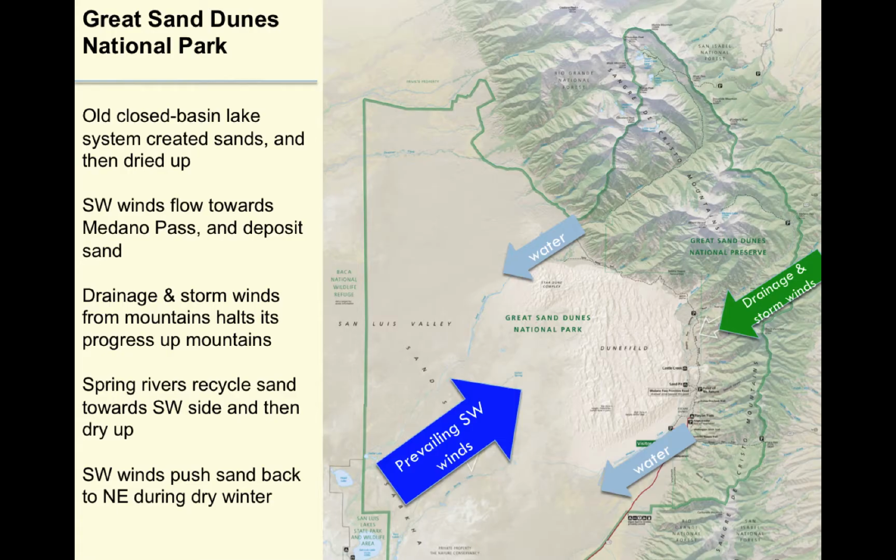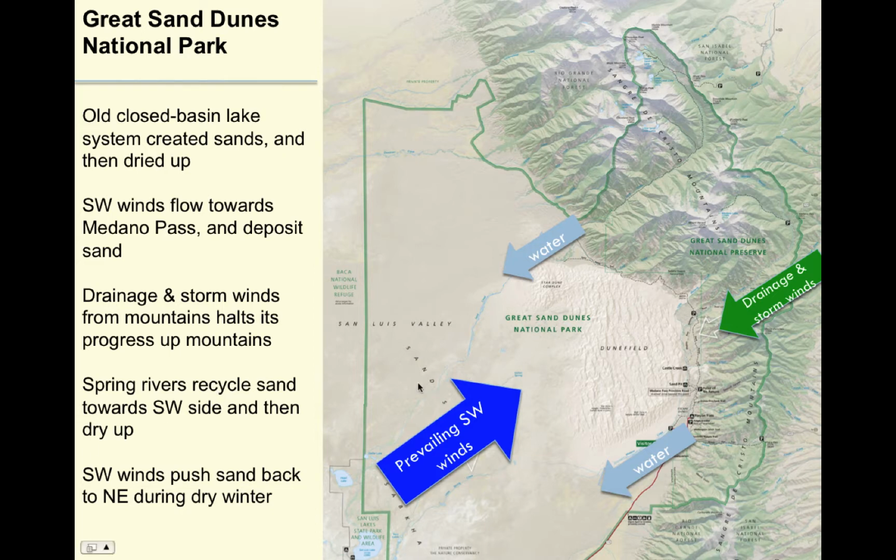that signal. Now we have an interesting deposit zone called the Great Sand Dunes National Park in the San Luis Valley in south Colorado. Now what happened here was there's a huge closed basin lake in the San Luis Valley called Alamosa Lake that created sands over time by all the friction happening between the water and the surface, and then by climate change, the lake dried up, leaving the sands behind.